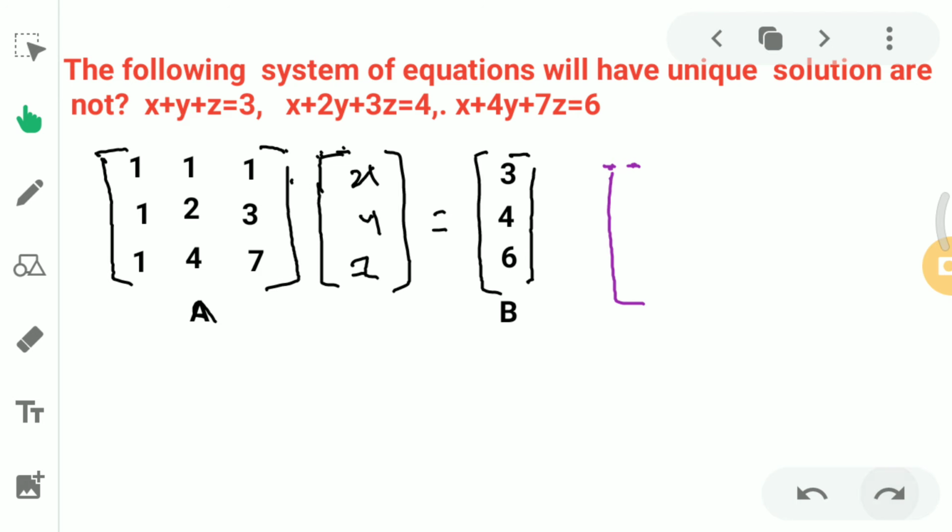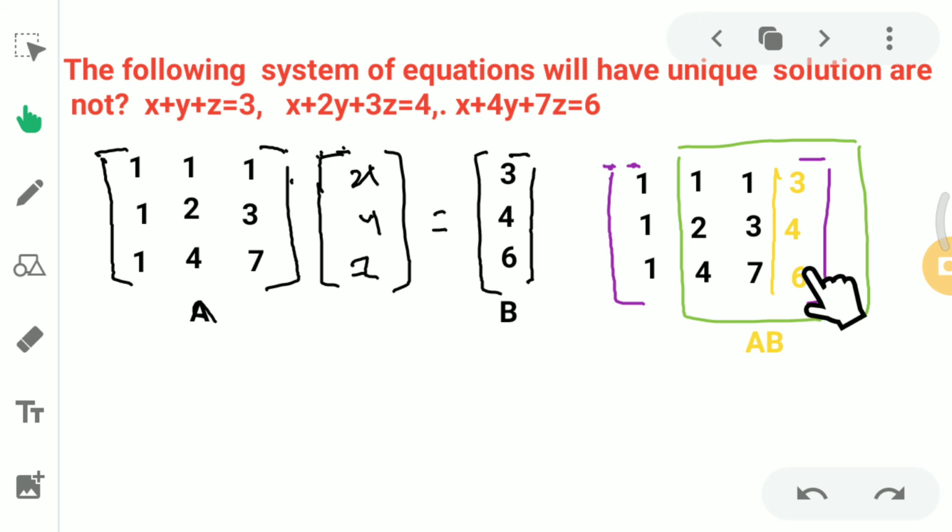So first write down the A matrix. Next to it, you need to write the B matrix. This is the AB matrix. And we have two 3 by 3 matrices here. One has this A, and the second one is from here to here. This is also a 3 by 3 matrix. For finding AB, we need to do this for this 3 by 3 matrix and this 3 by 3 matrix.